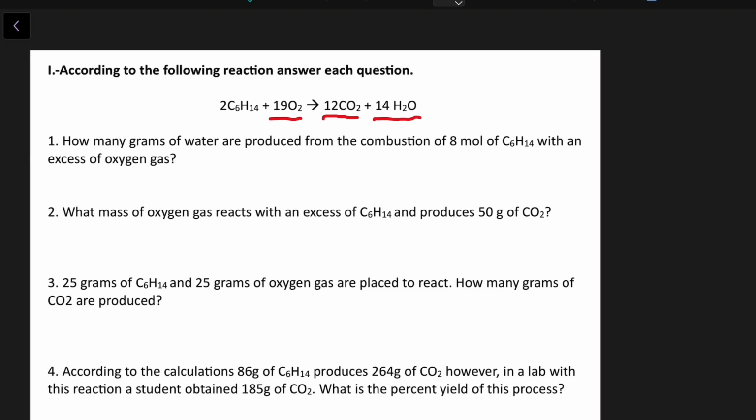Right, so the first question says, how many grams of water are produced from the combustion of 8 moles of hexane with an excess of oxygen gas? As I was telling you, the excess is the oxygen, so you just have to know the amount produced from the 8 moles of hexane. So that's going to be your initial data. Right, so you have 8 moles of